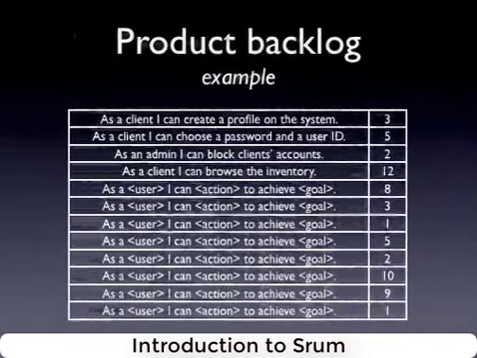Let's look at an example. A user story is a plain English description of something that a user role should be able to do with the system. So here we have an example: As a client, I can create a profile on the system. It's pretty straightforward. There might be some detailed questions asked of the product owner, for example, what should be inside the profile, what fields, maybe files, maybe a photo, etc. And then we have another: As a client, I can choose a password and a user ID, etc. Those are typical for a website, but you can put almost all the requirements there are, except probably performance requirements,